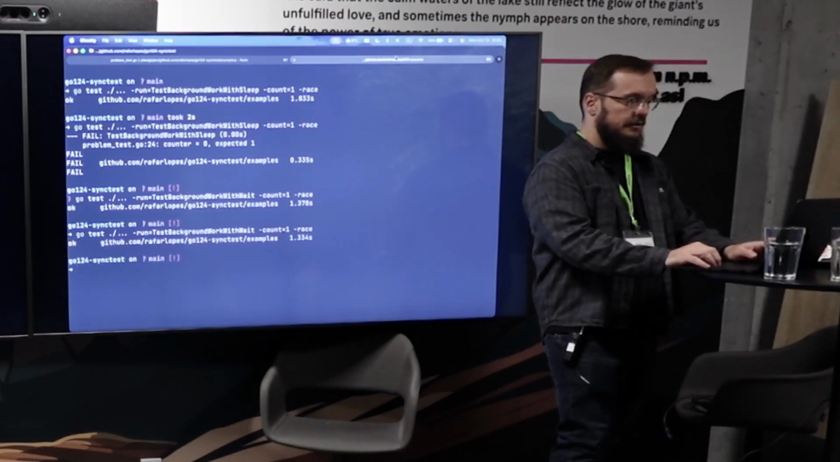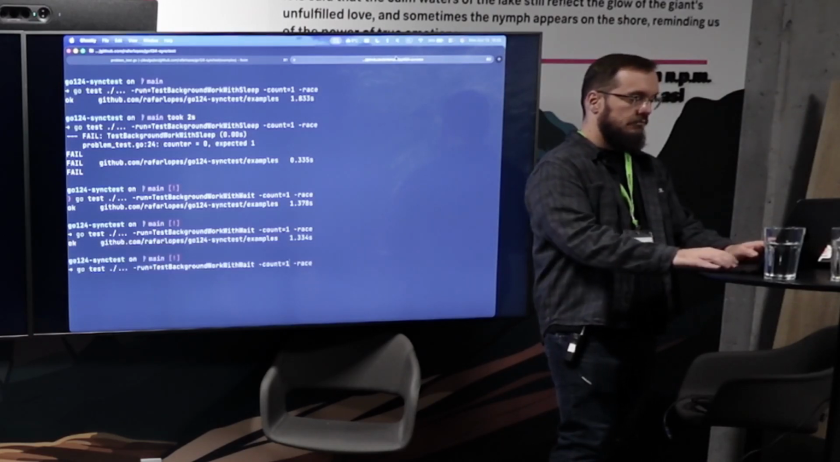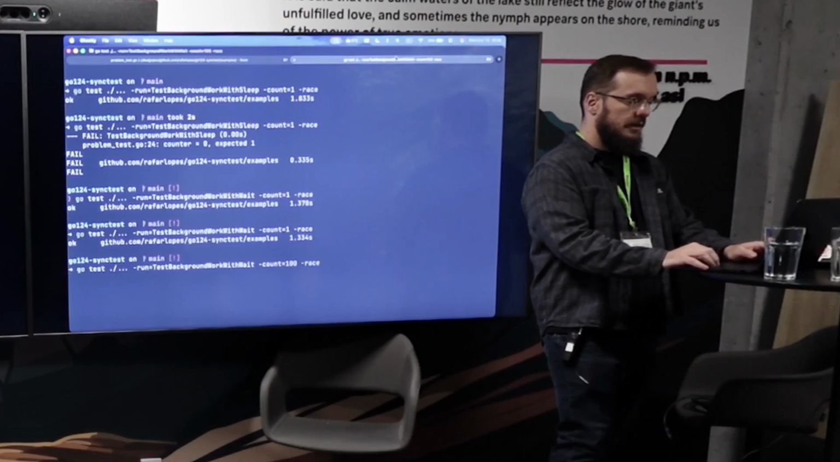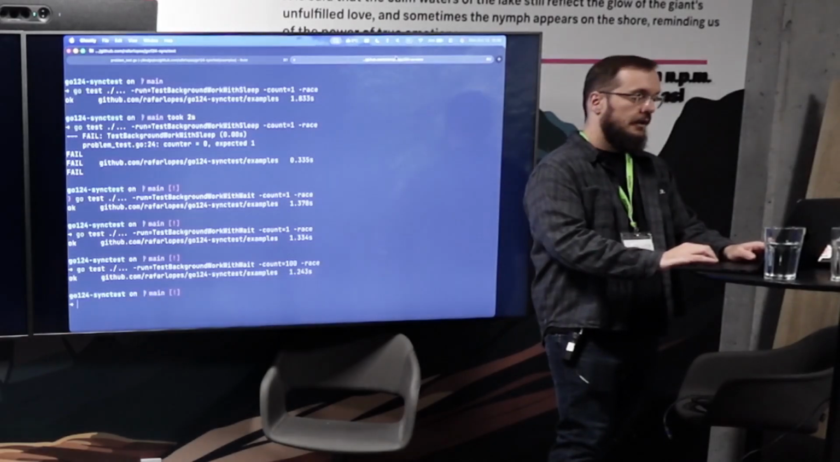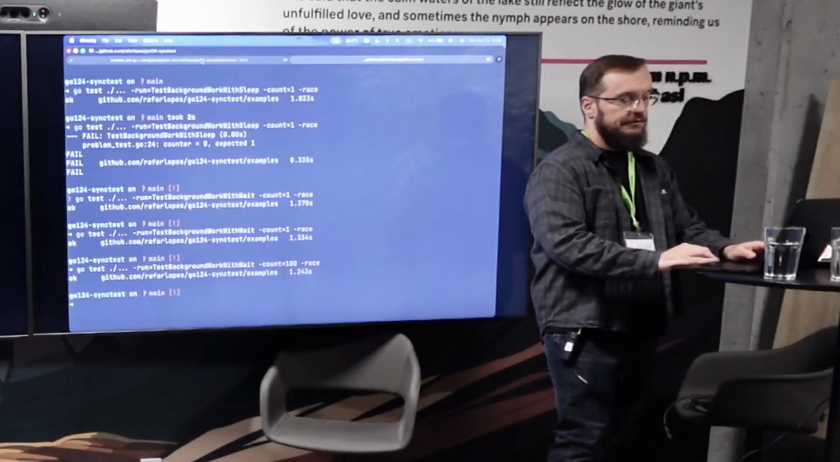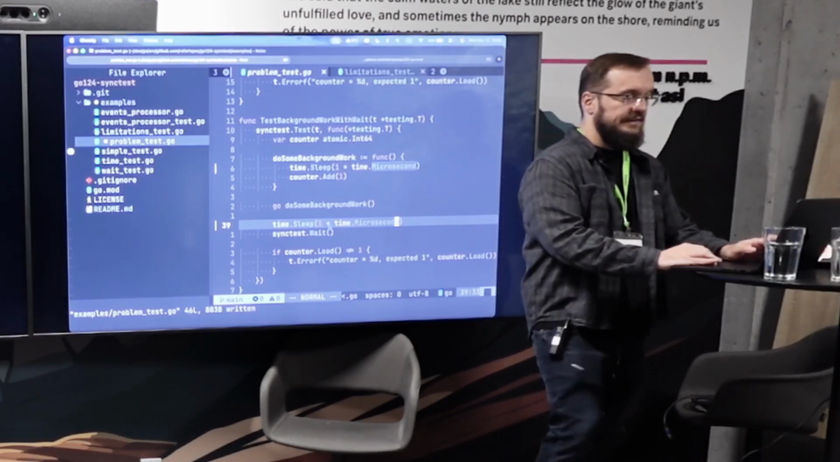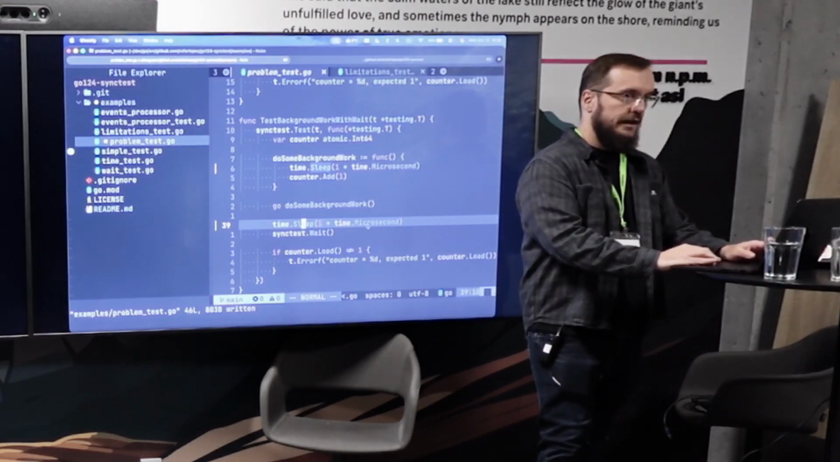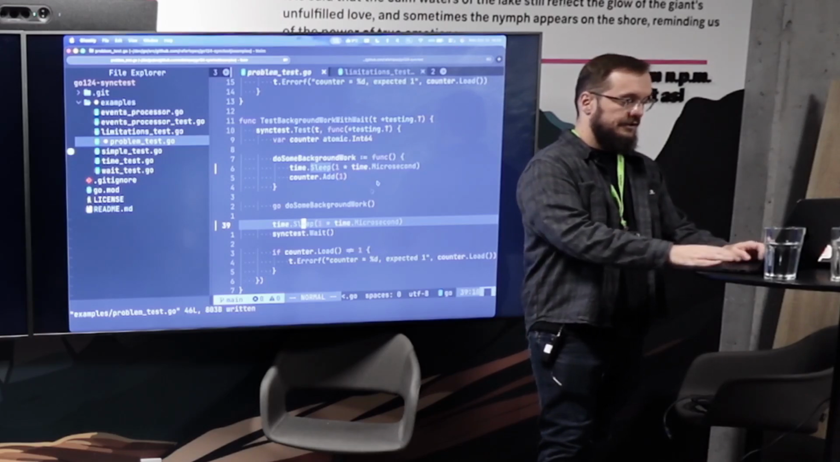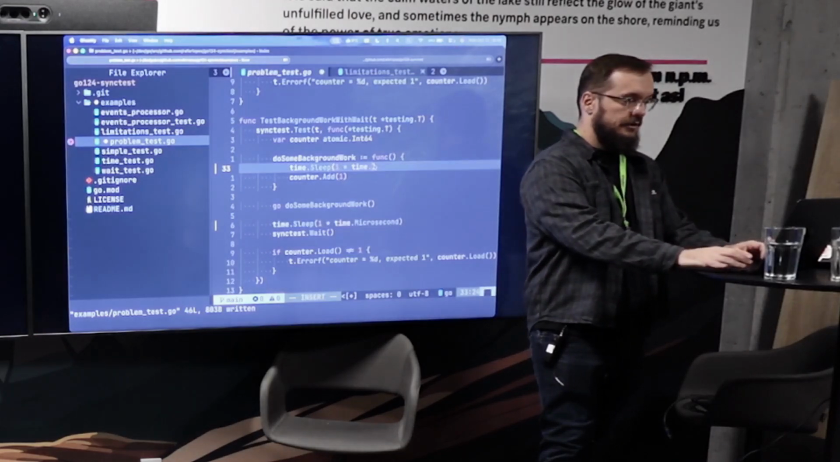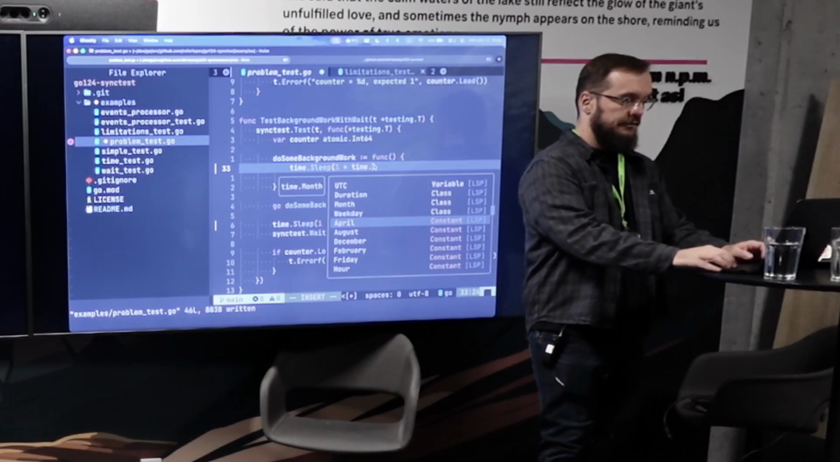And this test now is not flaky. So if I run this 100 times, it should pass 100 times. Now, another benefit of this package is that the time.Sleep here is not actually sleeping 1 microsecond. If I just change this to time.Minute, for example,